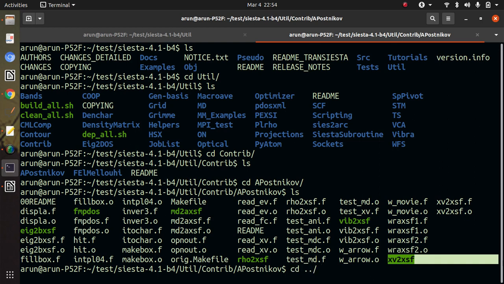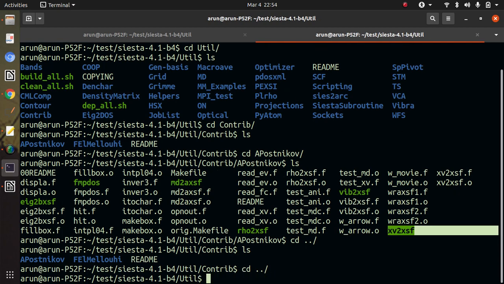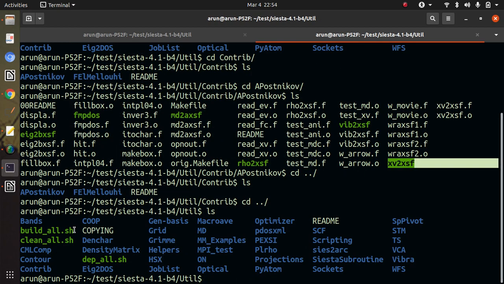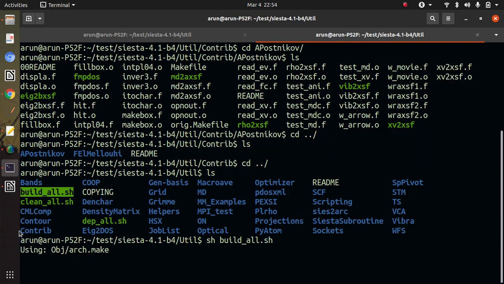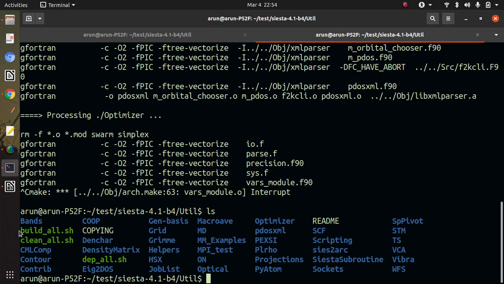So how are these utilities compiled? All these utilities are compiled using this script. You simply write down this and build all that, and in a few minutes all these files will be compiled properly, right?